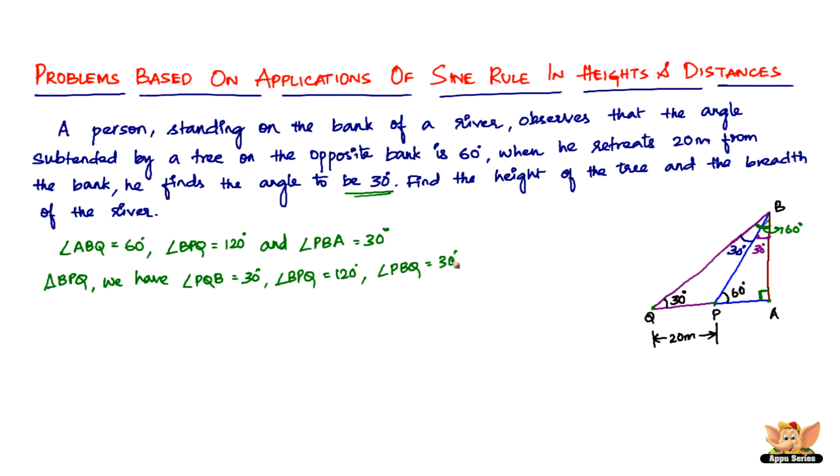You'll know why. So now, applying the sine rule, because we need to find AP and AB, that's all, right? So we need to try and involve these as much as we can. Now to get AB and AP, we also need this side PB, which is part of this triangle also. So that's why we are also considering this triangle. So now, considering the triangle BPQ and applying the sine rule, we have